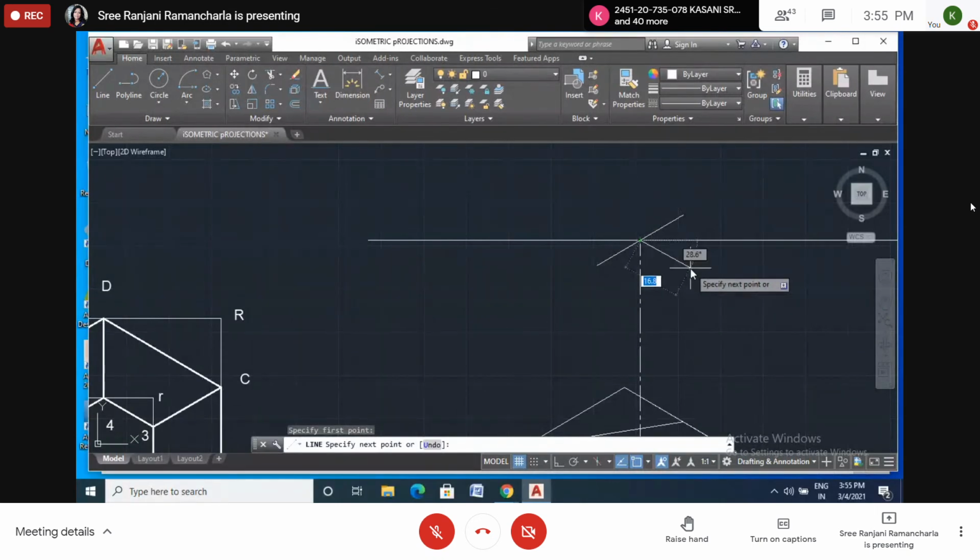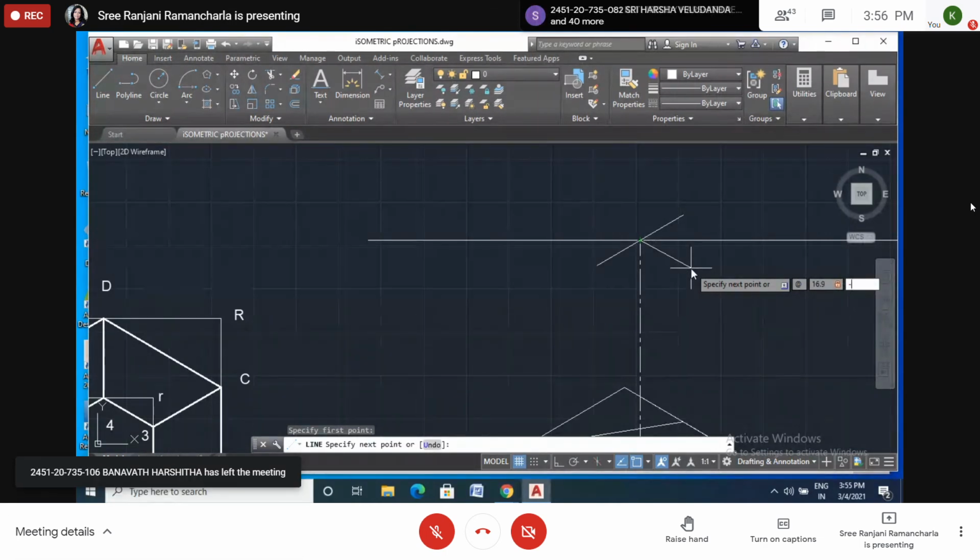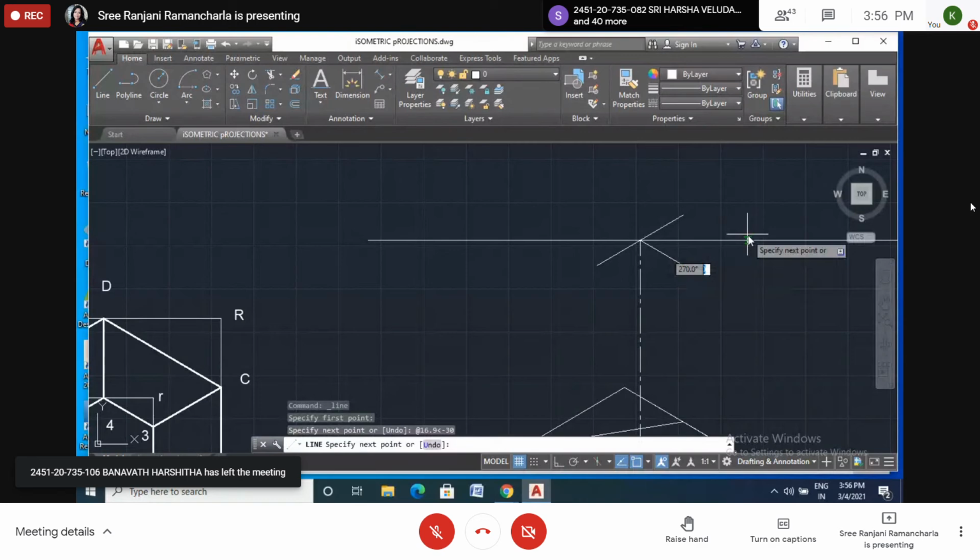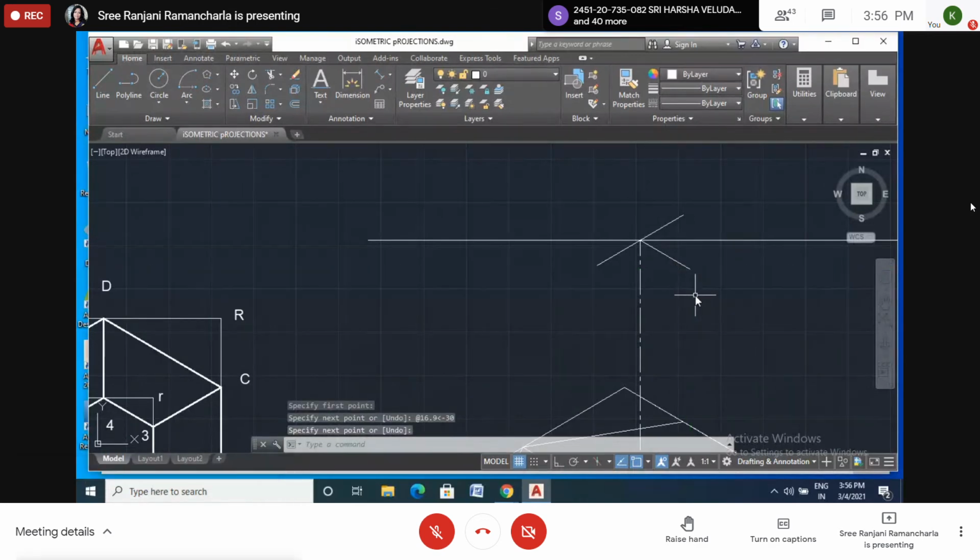Minus here, this sign, we'll do minus 30. At the rate 16.9 less than minus 30. Enter. Now, if I give mirror, where will it go? It will go this way, not this way, right?